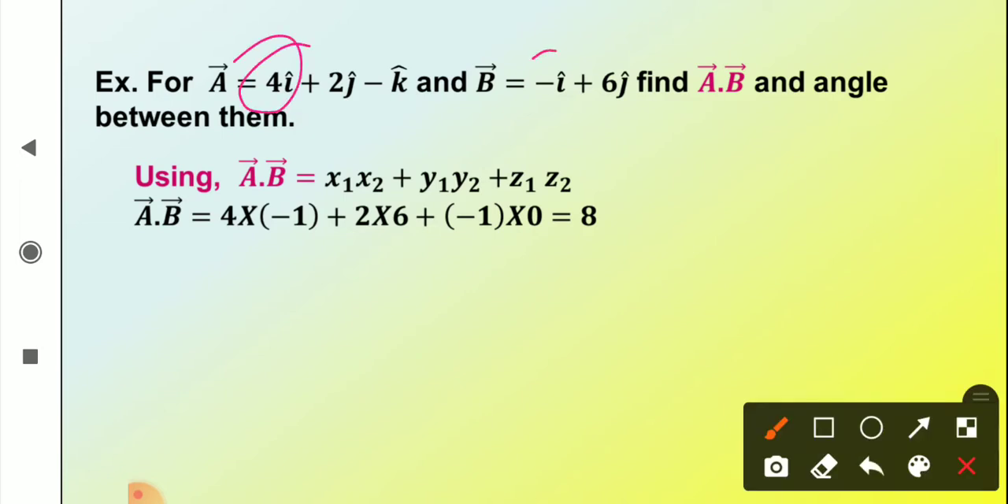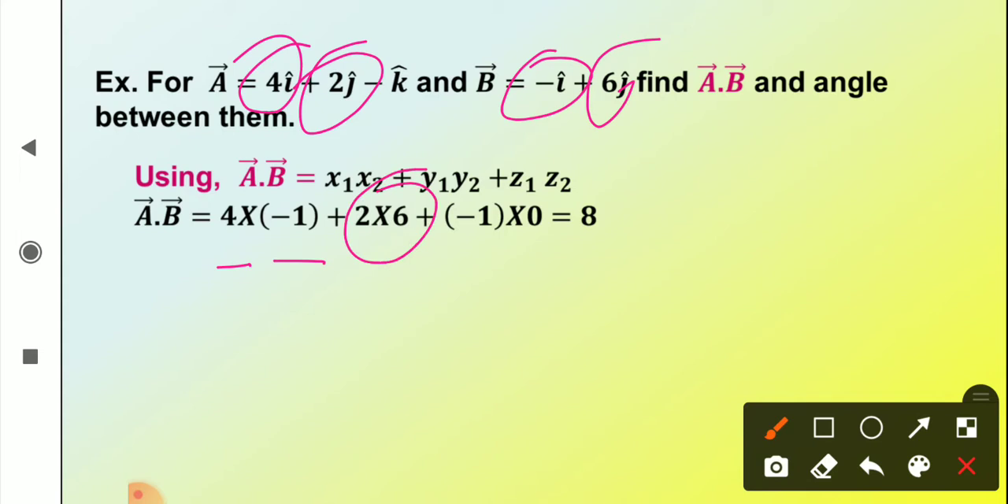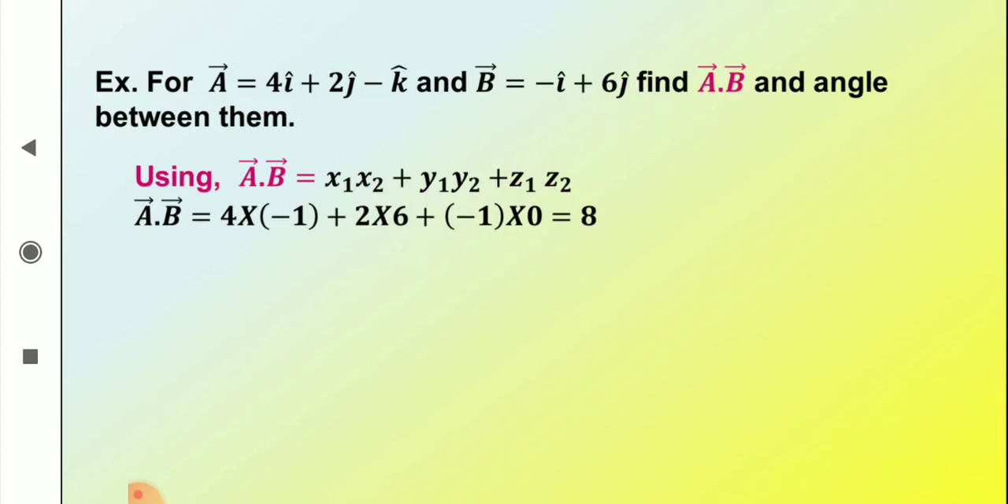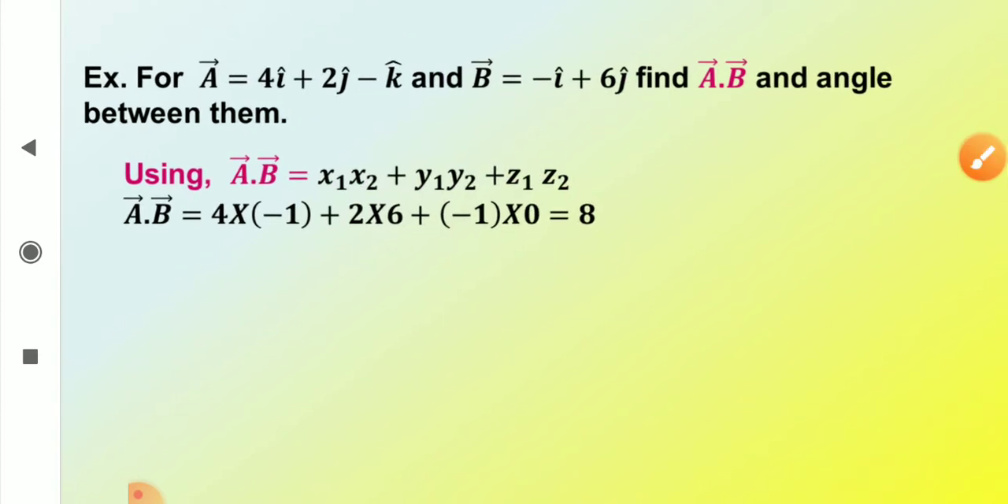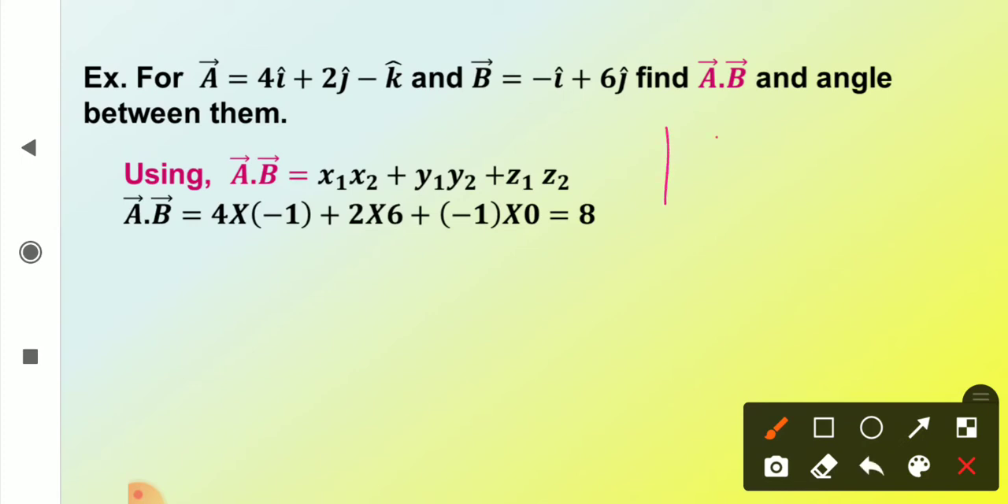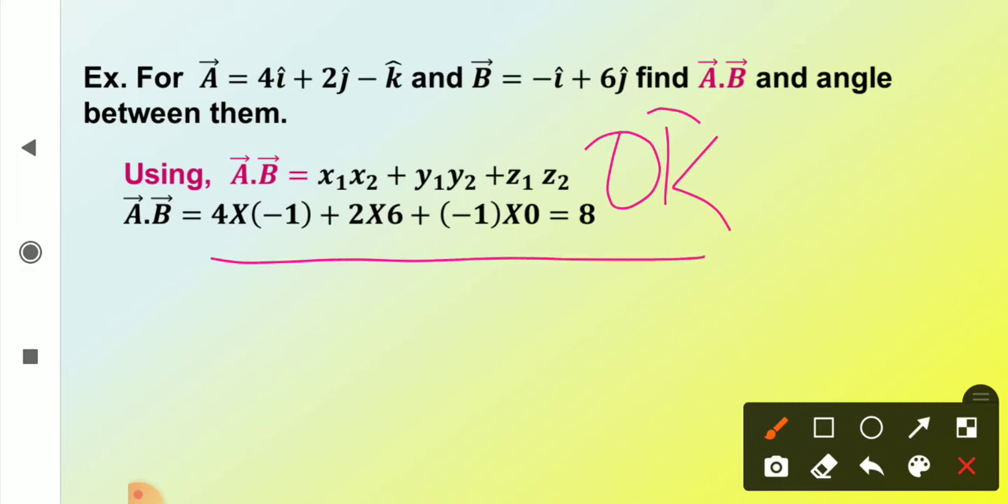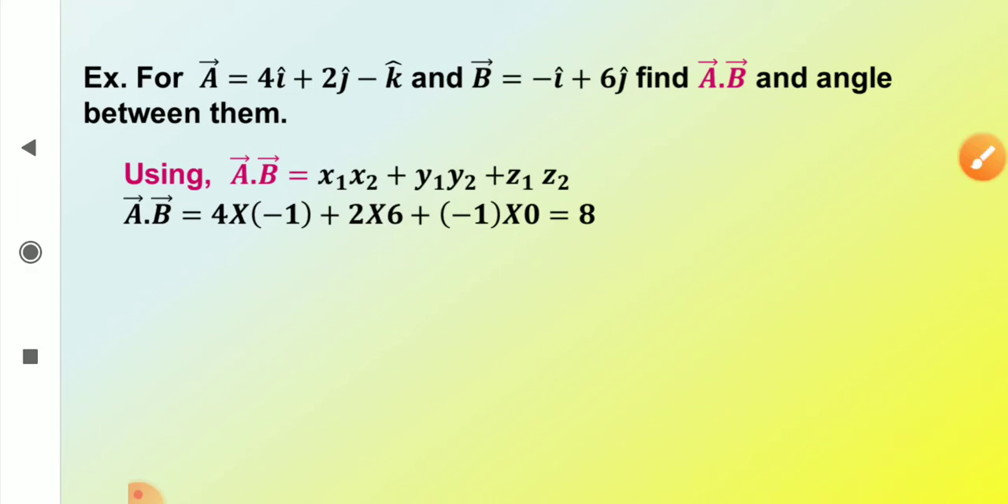I के coefficients आप सीधे multiply कर दो. 4 minus 1 plus j के coefficients हैं 2 into 6 multiply कर दिया plus k का coefficient यहाँ पर -1 है और यहाँ पर k है ही नहीं, so -1 into 0. If you do not like, I do not have a k cap term here, that means इसका coefficient 0 है. So multiply, simplify, you get 8. And now